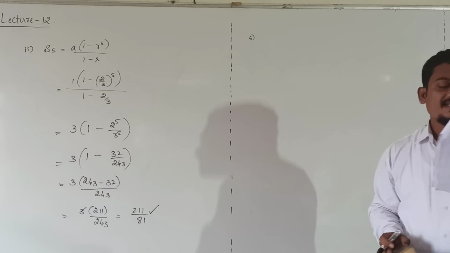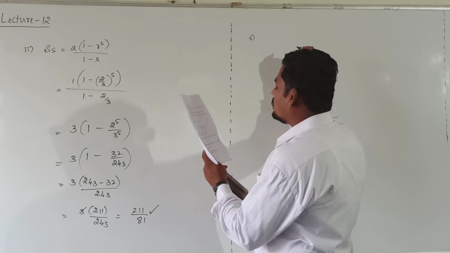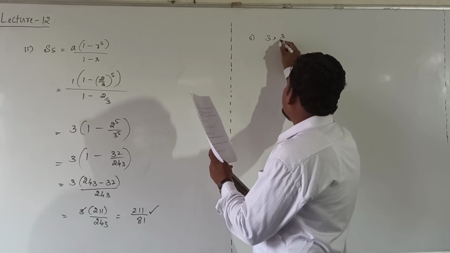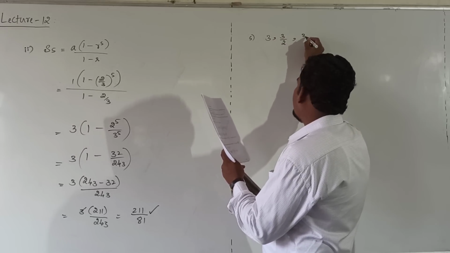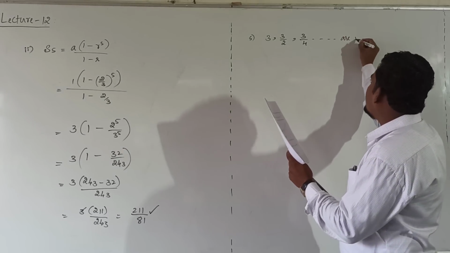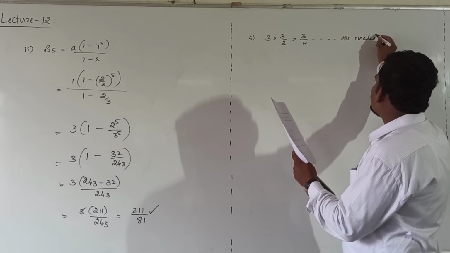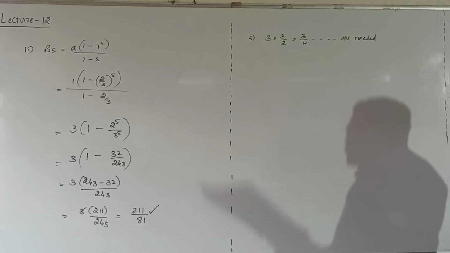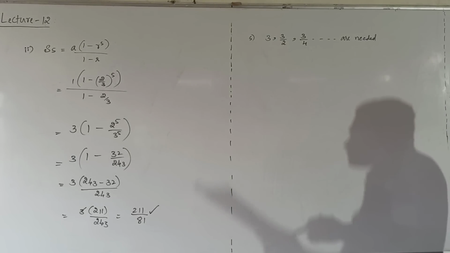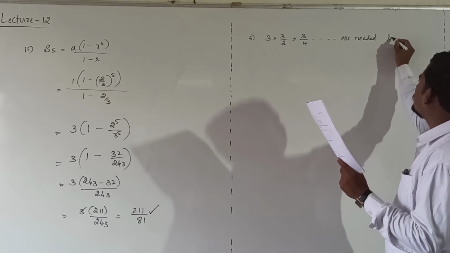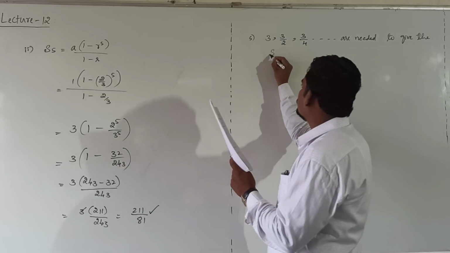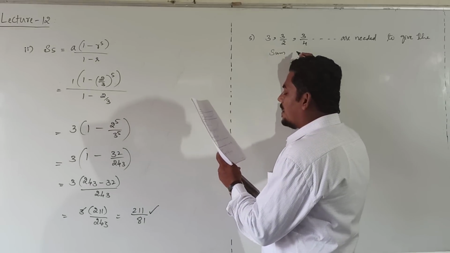How many terms of the GP 3, 3 by 2, 3 by 4 and so on are needed? How many terms of the GP are needed to give the sum